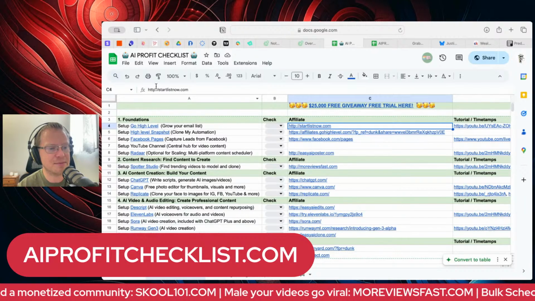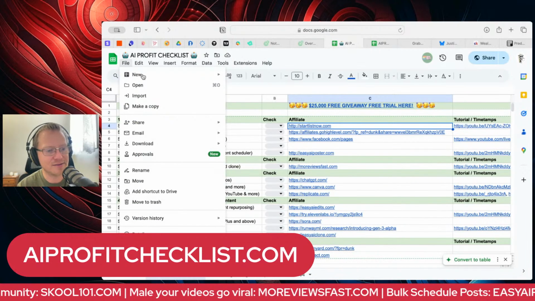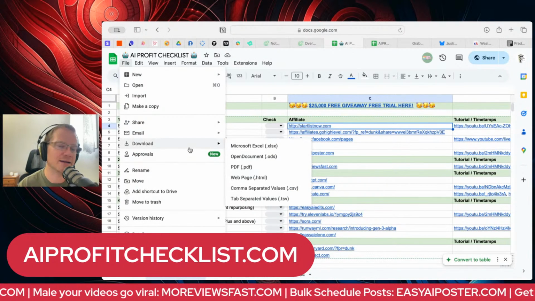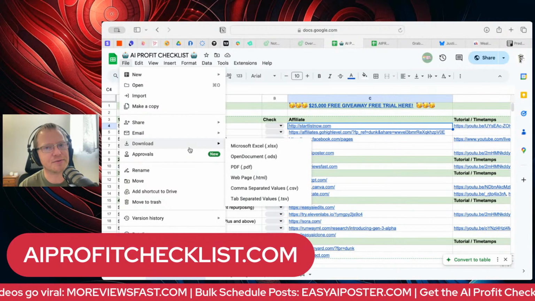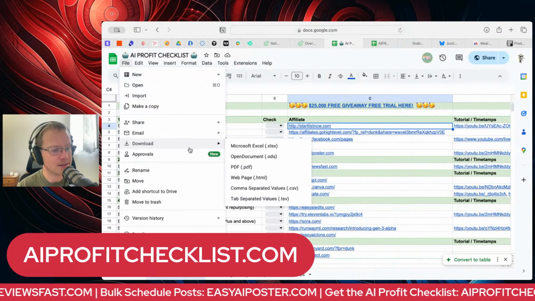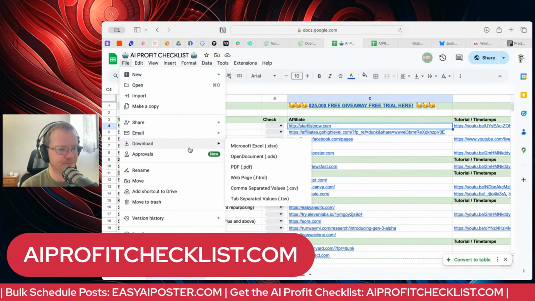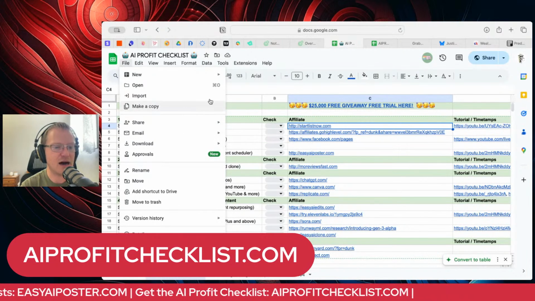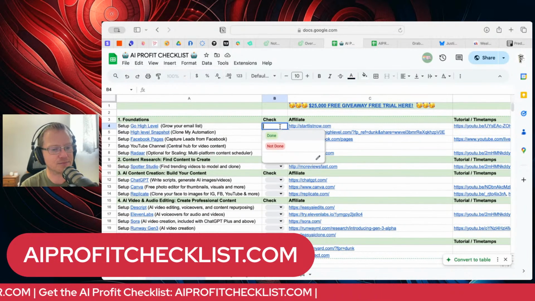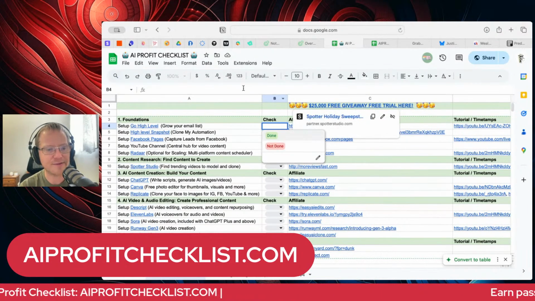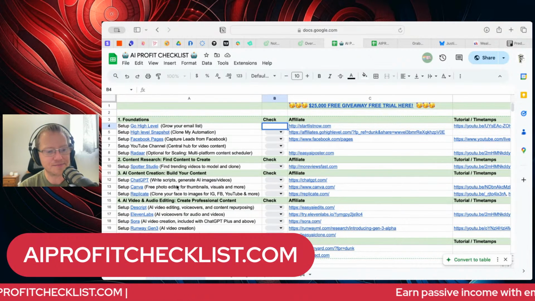100%. If you get this lead magnet, you can just come here to the file. And that's what it is, a lead magnet. If you sign up, it's going to be delivered to you in the first email as well as many other emails. But you can go here, make a copy, have your own copy, and then you could do things like mark them as done and all that fun stuff. And just go through this list.